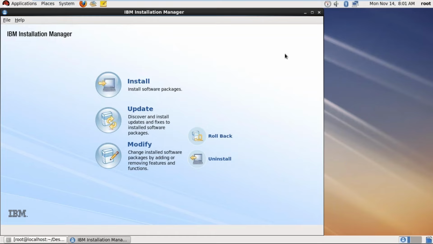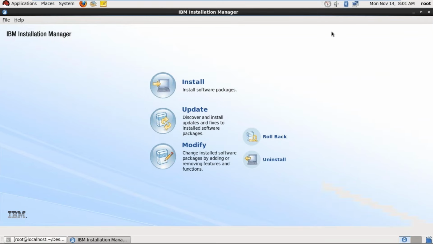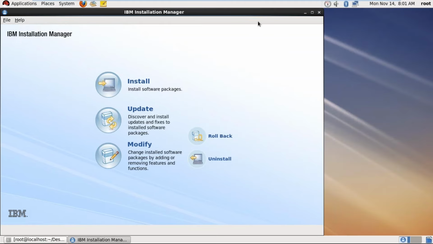Suppose I am able to open this window after installation. But suppose Installation Manager is already installed on the machine, someone has installed it. At that time, how do you open this window? Because we are starting from scratch, we know how to open this window after installation.